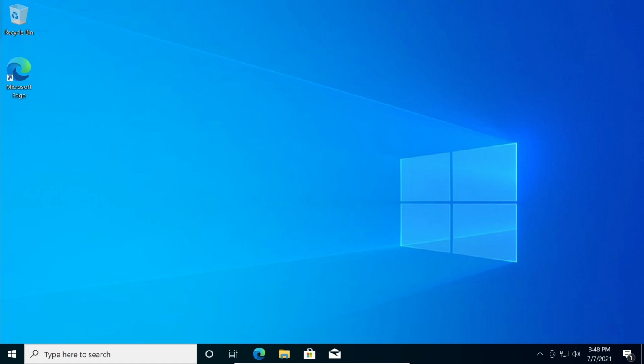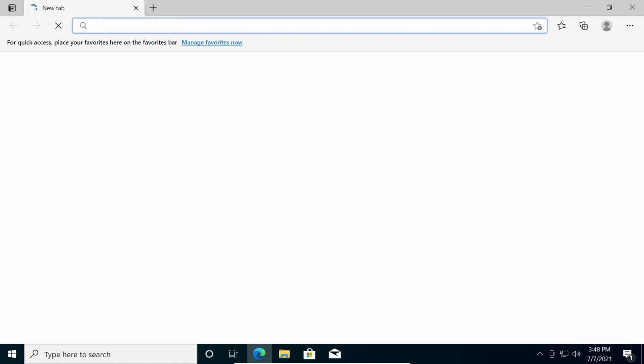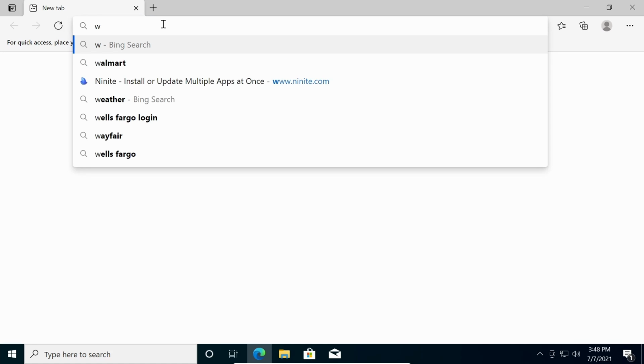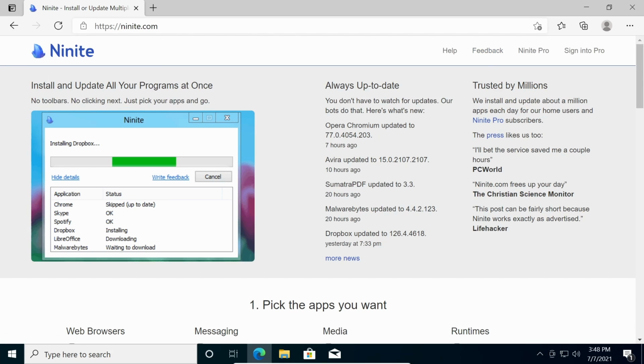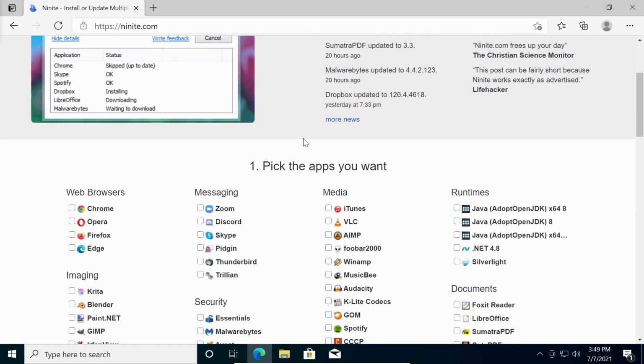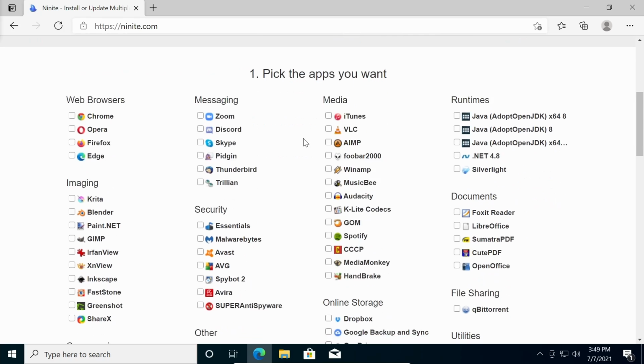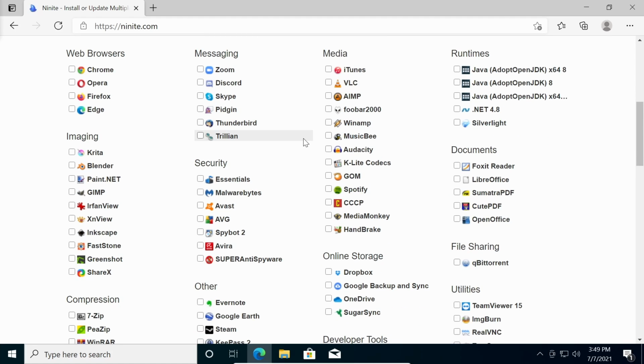From the Windows 10 desktop, I will launch my browser and go to ninite.com. Here on the site, I can see a large number of applications grouped into categories. I'll select some of my favorites: